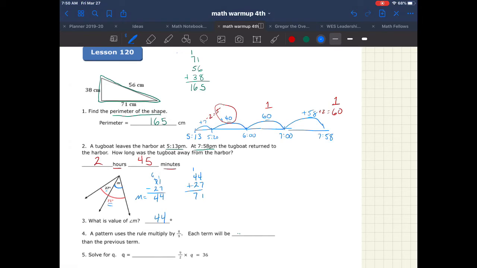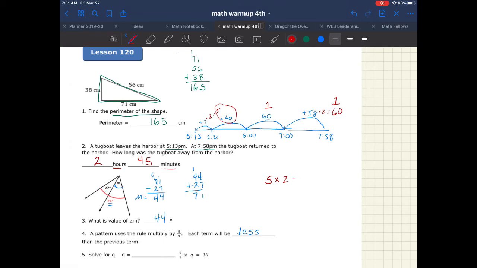Okay, 4. A pattern uses the rule multiply by 8/9. Each term will be blank than the previous term, which hopefully you didn't do a whole lot of math. I think all they're asking here is a one-word answer. They want you to realize that each term will be less than the previous term. And here's what we're saying: if you have any number, let's take a random number like 5, and you multiply it by